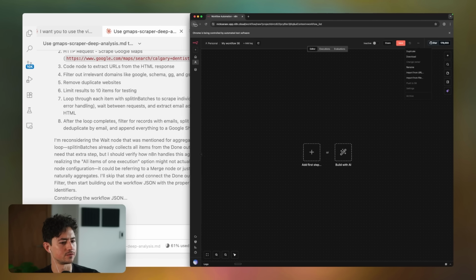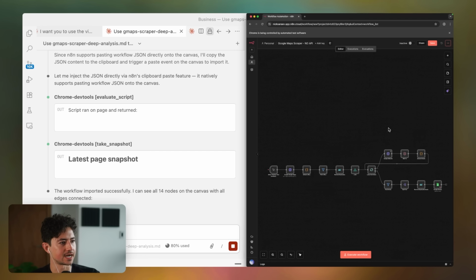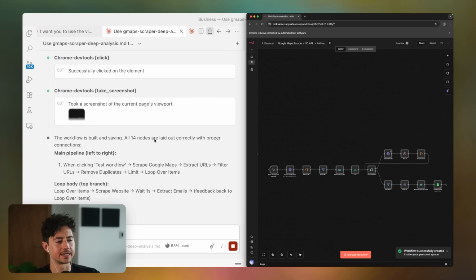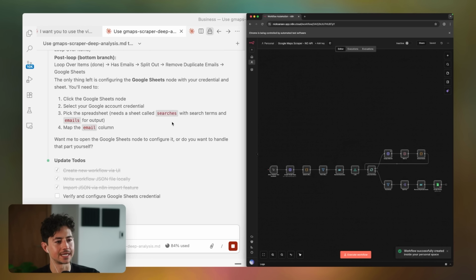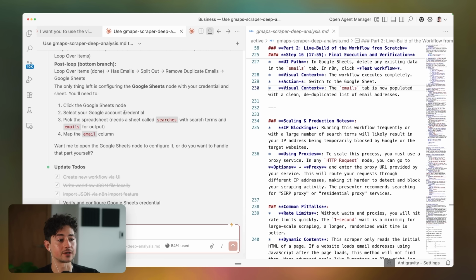For simplicity, I'm just going to move this over to the right. Okay, and as we see, it just laid out the entire thing from left to right. It identified what all of the steps were, then created it inside of its own little conversation thread. Then it generated what's called workflow JSON and pasted it in. Now this can obviously interact with my browser as well. That's what it just did. It went to the top and basically imported this. What it's going to do now is make some final minor changes.